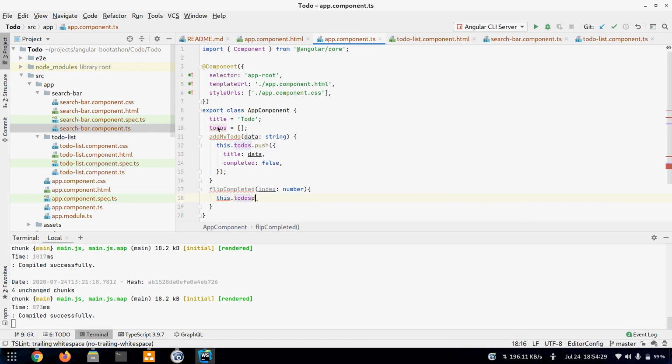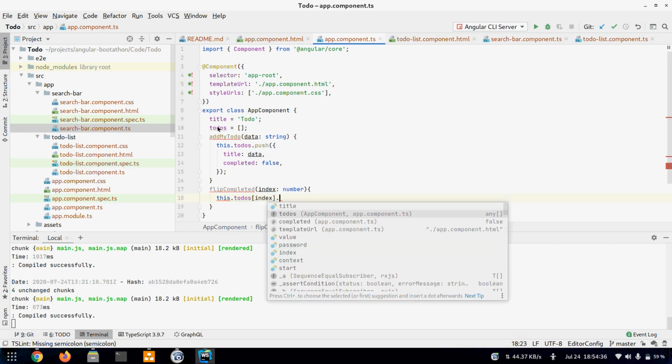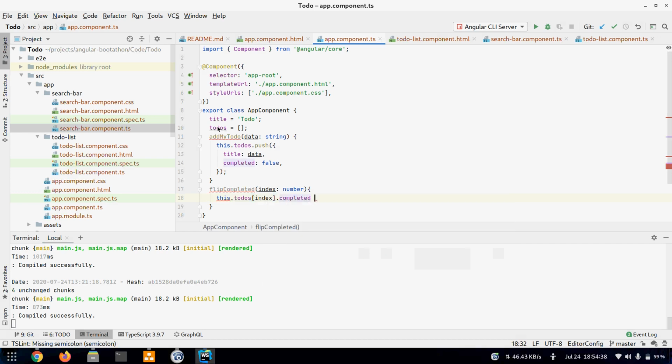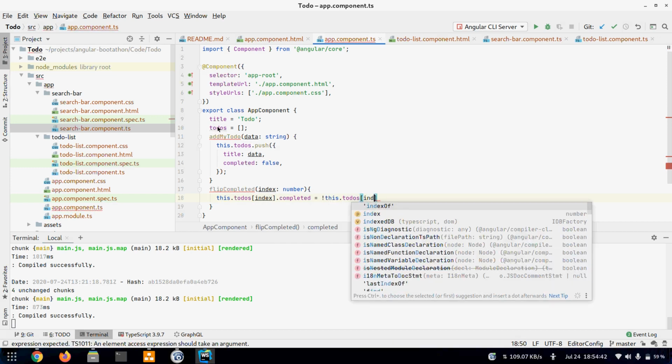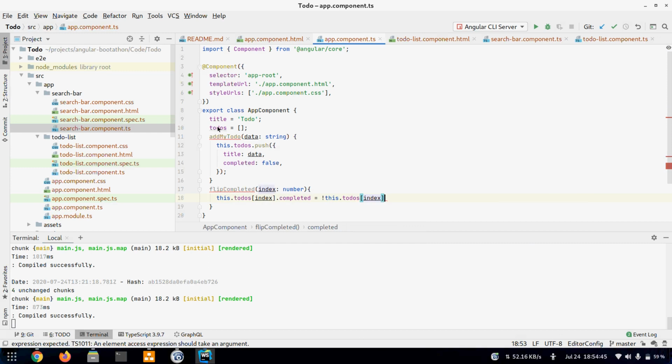So this.todos[index].completed. Okay, so it will just flip the completed property.